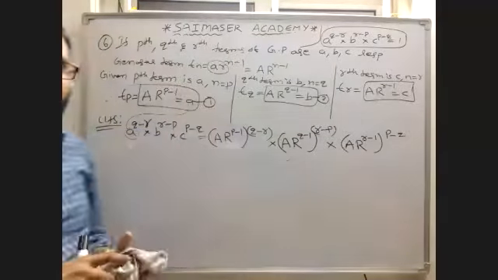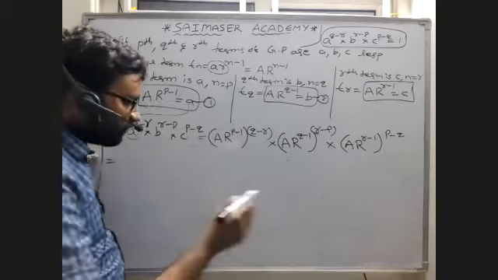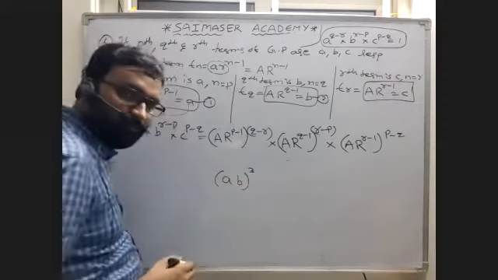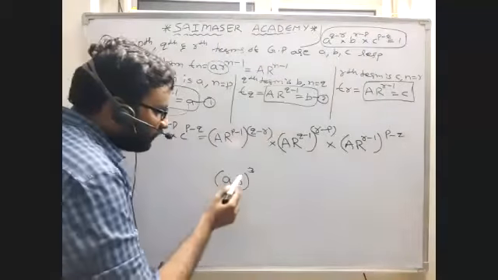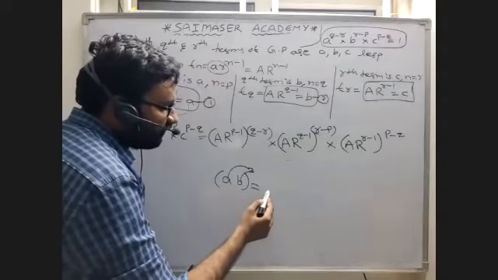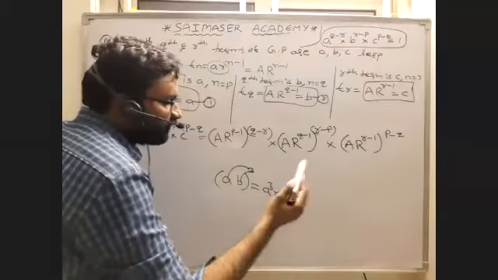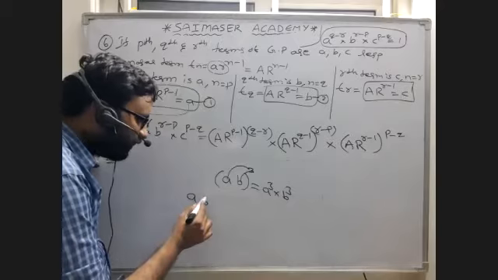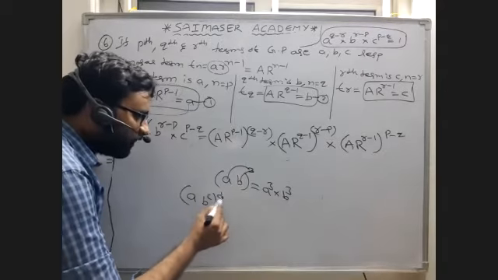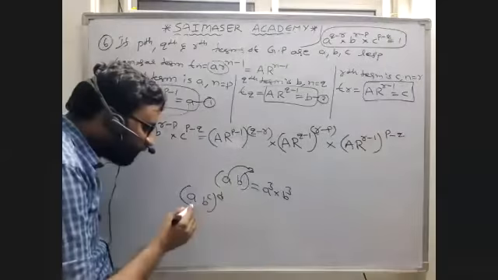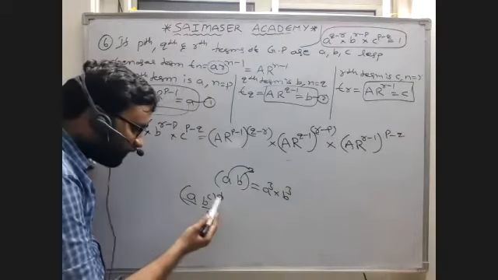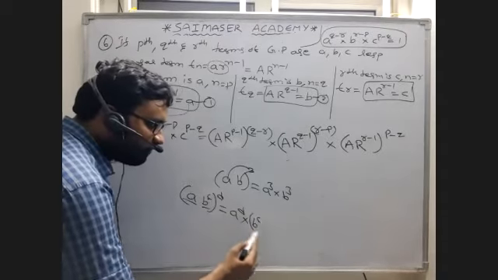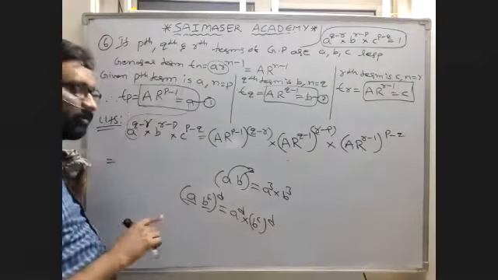I didn't do anything else. Now I will do the simplification. I told you just now, (ab) whole power 3: this 3 is the power of a and the power of b, so we can write a power 3 into b power 3. One more, (a b power c) whole power d: d is the power of a and of b power c. So first apply d to a, that is a power d, and apply d to b power c, that is (b power c) whole power d. Like this we have to apply the power to all terms.